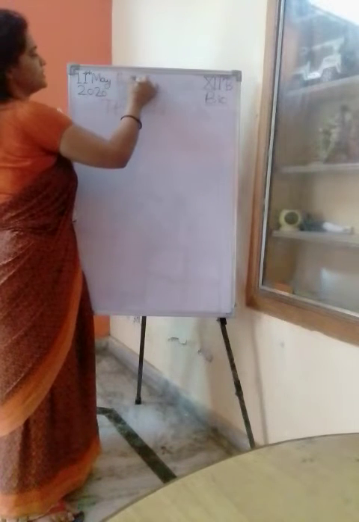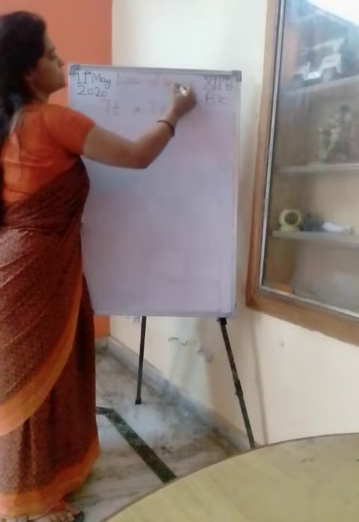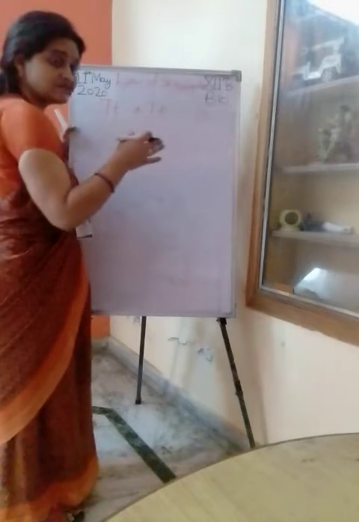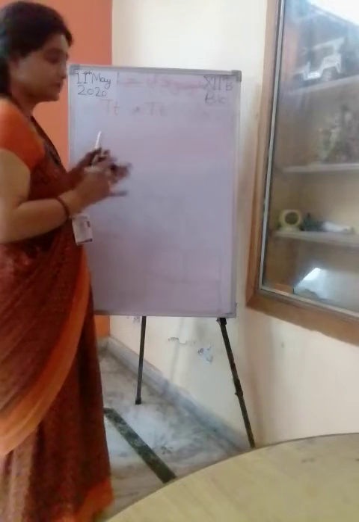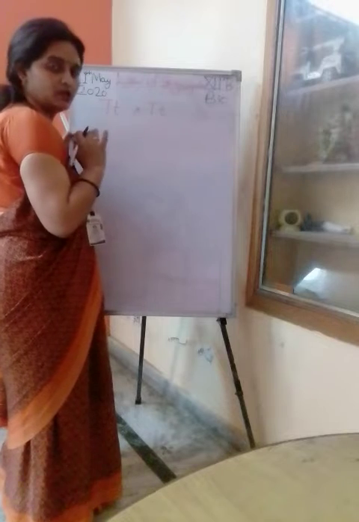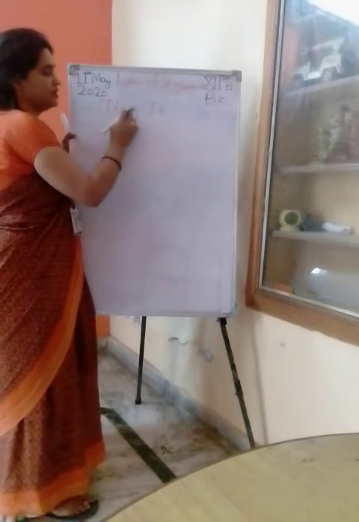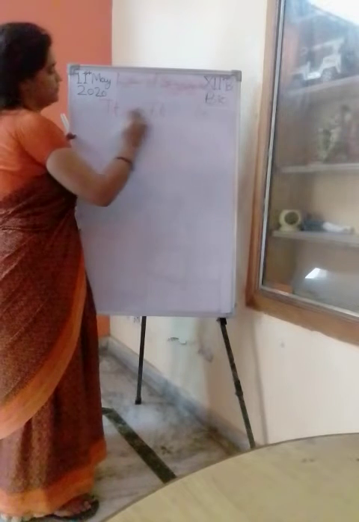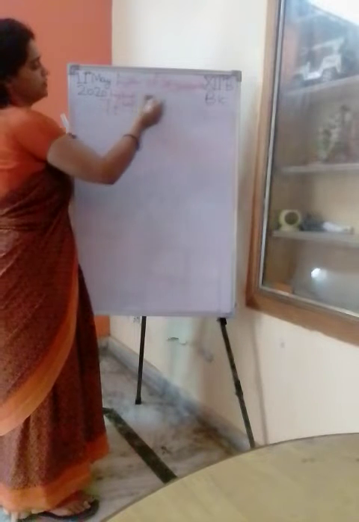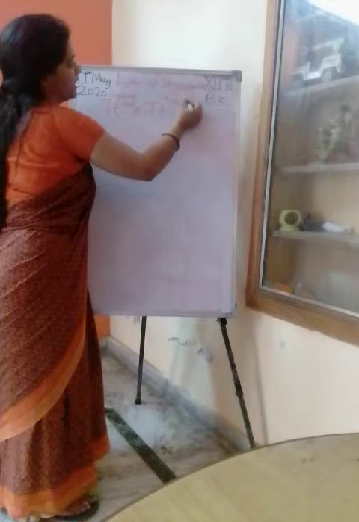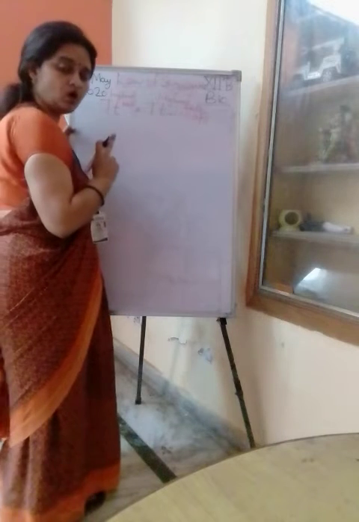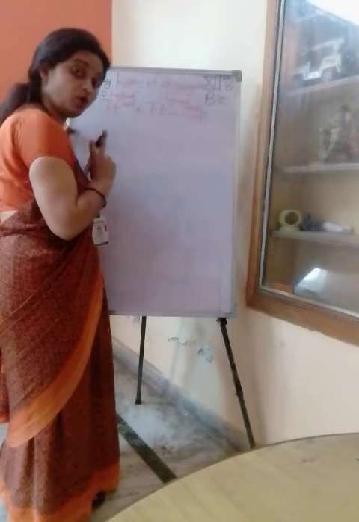What is the name of the second law? The law of segregation. What is the meaning of segregation? It means the separation of the gametes. This is the law of purity. Now capital T, small t is crossed with capital T, small t. What is this? This is the hybrid tall. This is also hybrid tall, coming from the F1 generation of the law of dominance and recessive.